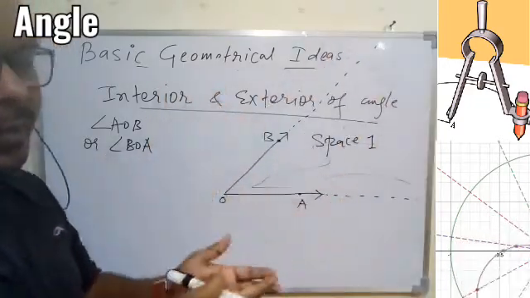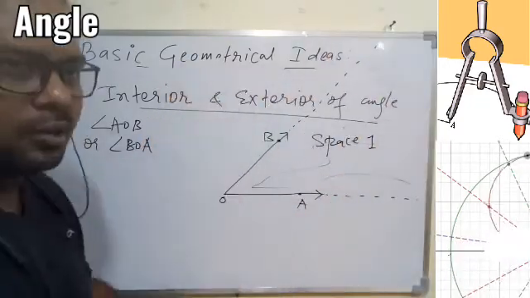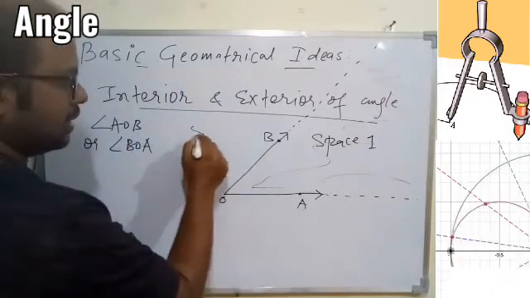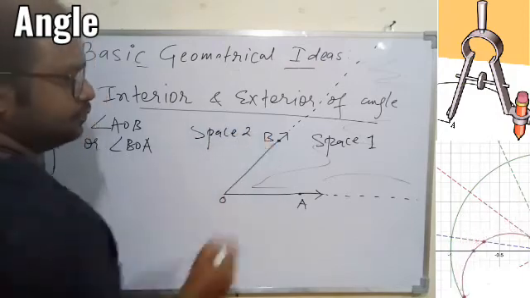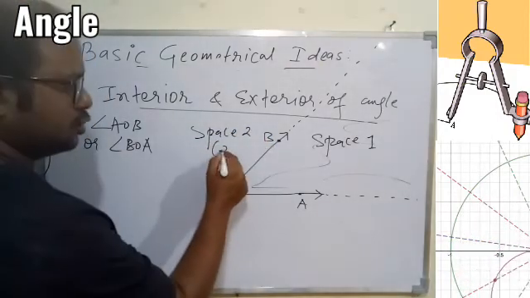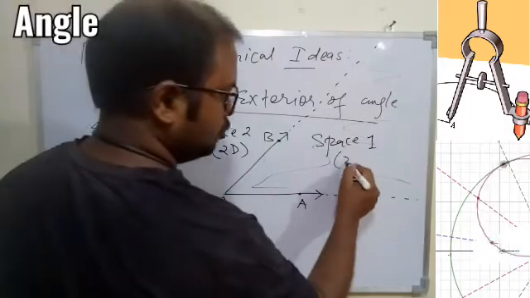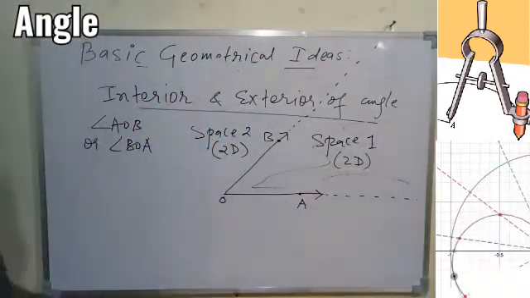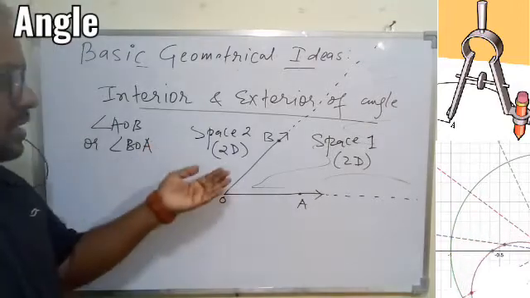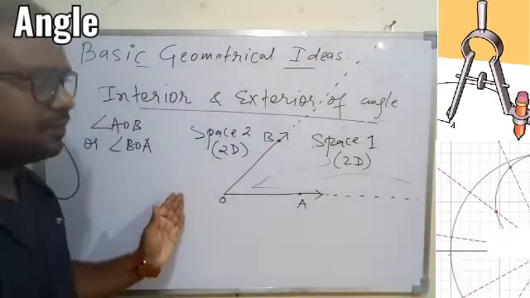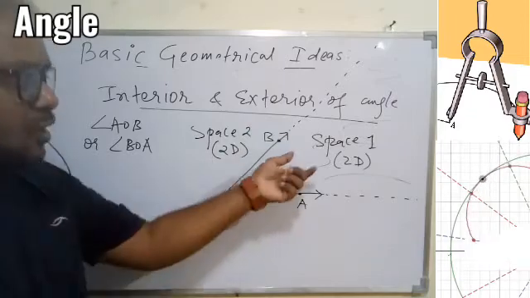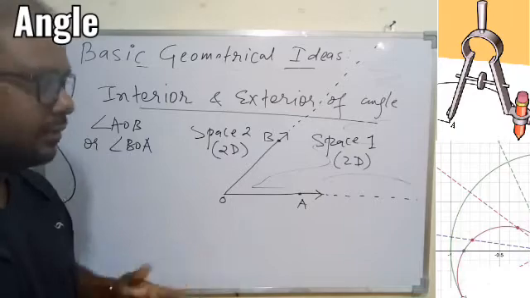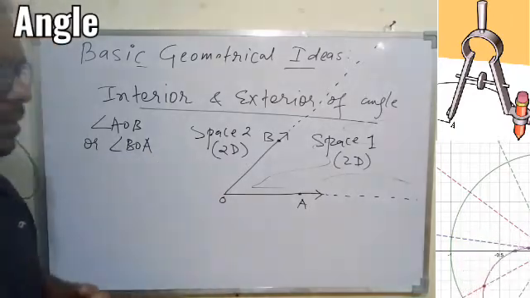Okay, so overall we are getting a particular area on the board, that is also two-dimensional. And now outside these two rays we are getting another space 2. So space is 2D, two-dimensional. Okay, this is also two-dimensional. Two-dimensional means something on the flat surface. So overall this is space 2, which is outside the two rays, space 1 within the two rays. So space 1 and space 2 are two different areas, and they are also given different names.